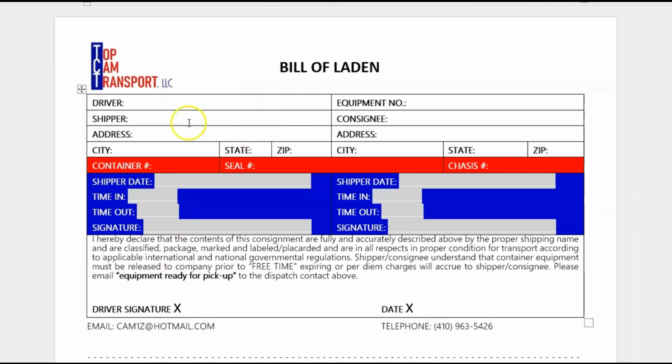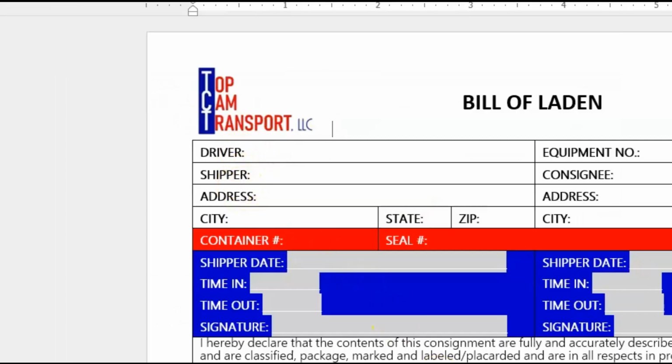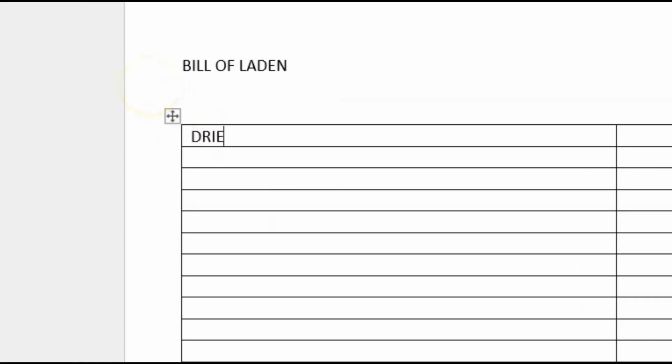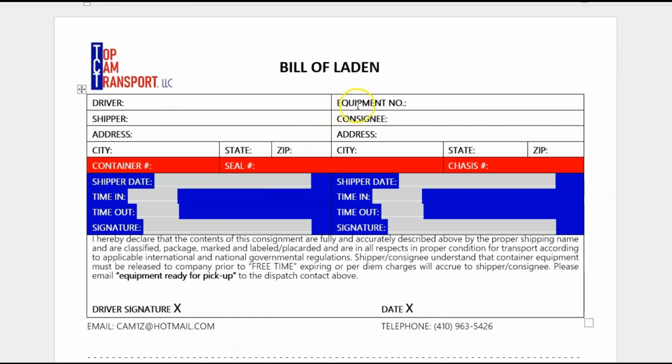So the first 3 lines will have driver, shipper, address on one end. I mean, I could copy these over, but I'm just doing this for the sake of this tutorial. Driver, shipper, address. And then the next column has equipment number, consignee, and address. So we're going to type equipment